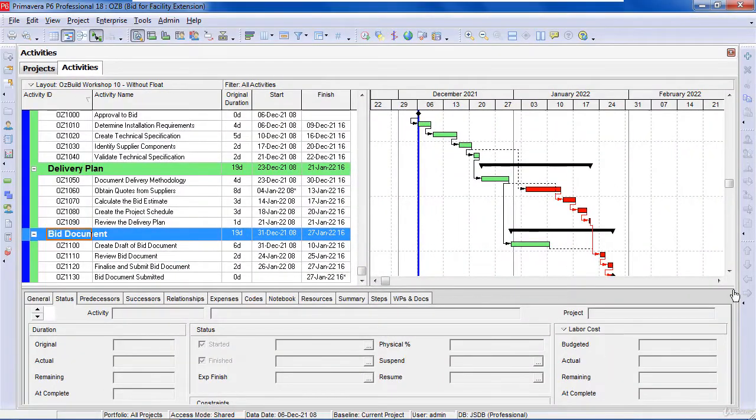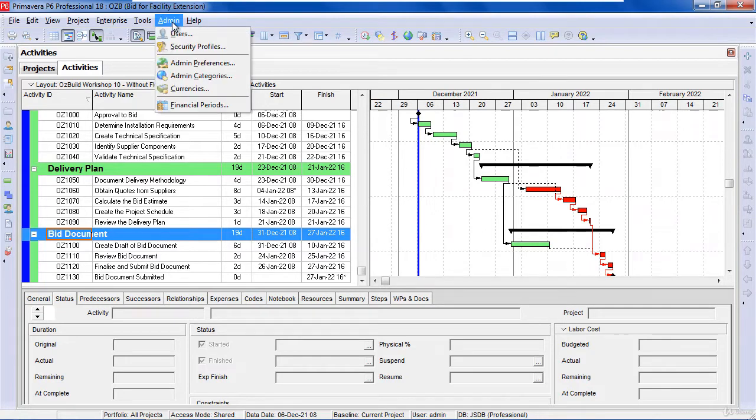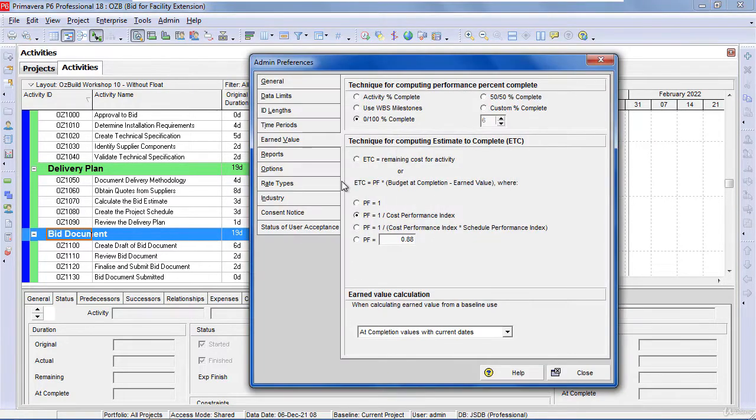So the next thing we want to do is to set a baseline. Before we set the baseline, we need to go to Admin Preferences, and ensure under Earned Value that we have the At Completion with current date set, and we're not using the planned dates. If you use budget value current dates, that's not too bad, but this is the setting I prefer to use,